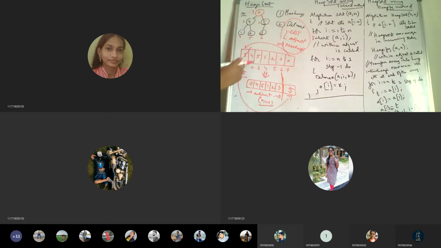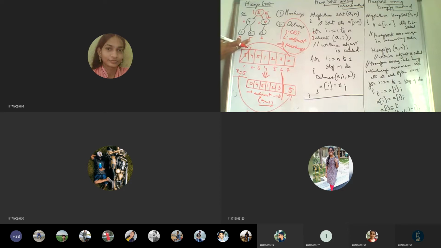Now what will happen? After deletion, we have to adjust. You check the children; only one is there. Compare with its parent. Is the parent greater? Yes. So the rightmost subtree is over: 4, 1 and 2, so this is also sorted. Consider 0 and check with its children, 5 and 4. 5 is greater. Check with its parent. So now here it becomes 5, and here it becomes 0.